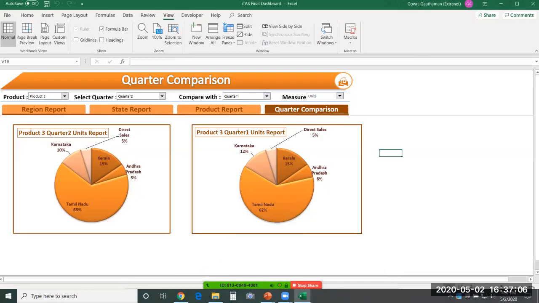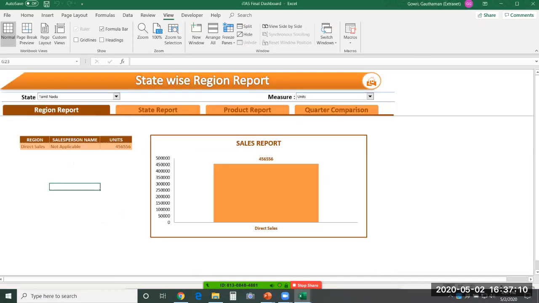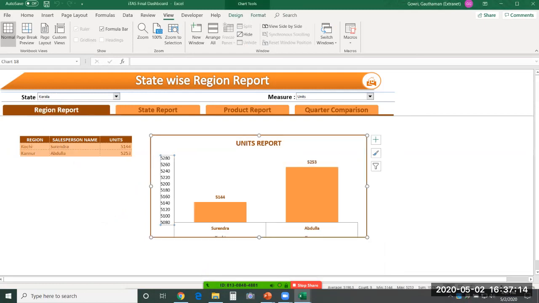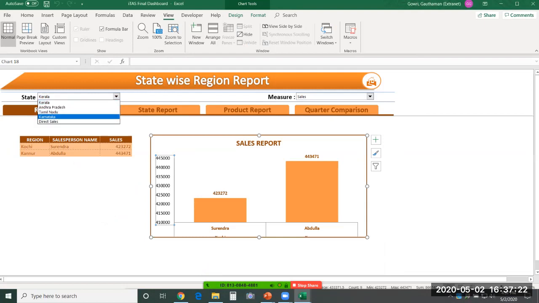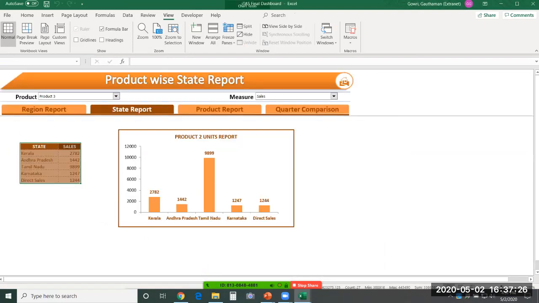Okay. So you can do such things. Here, based on the state you can filter your data and see how exactly it is changing, for sales, for units, and the region that you choose. So you get different reports.